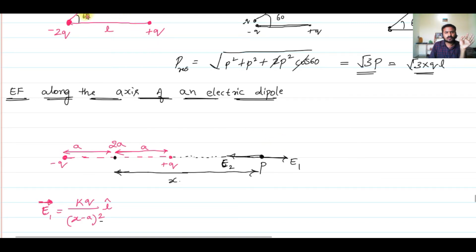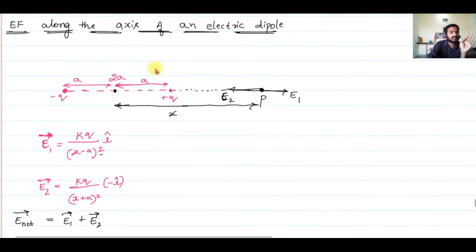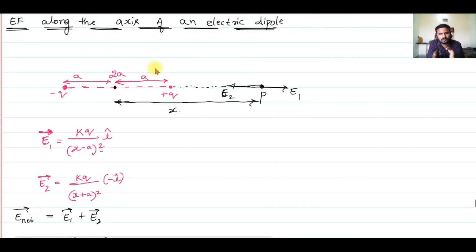Now let us write a small explanation for the diagram. I'm supposed to write the explanation first and then draw the diagram, then do the derivation. But I thought if we first do the derivation, then you'll understand what to write. So let me write the explanation for this diagram. Consider an electric dipole as shown in the figure.